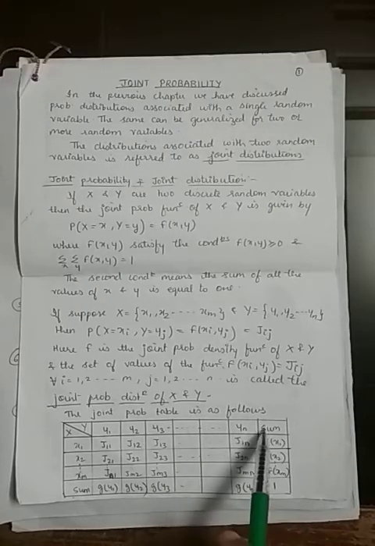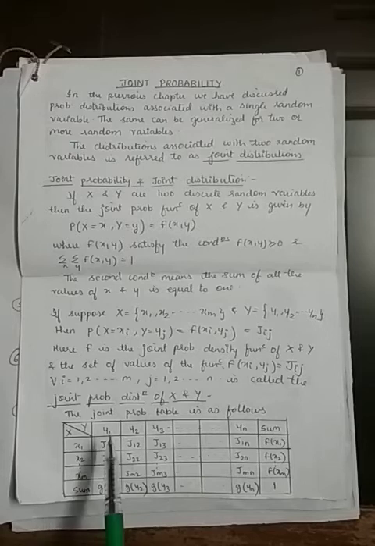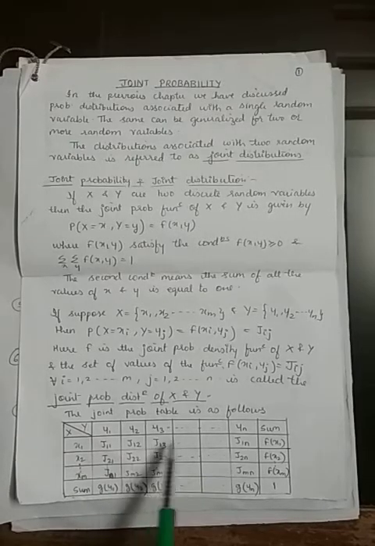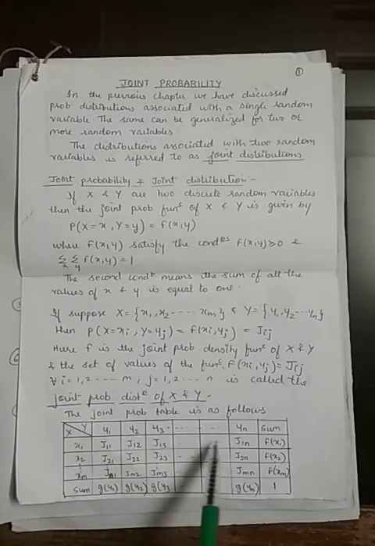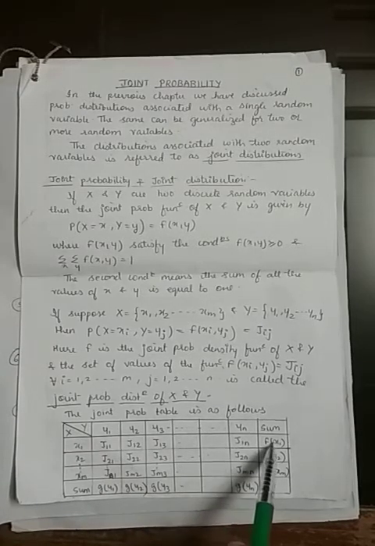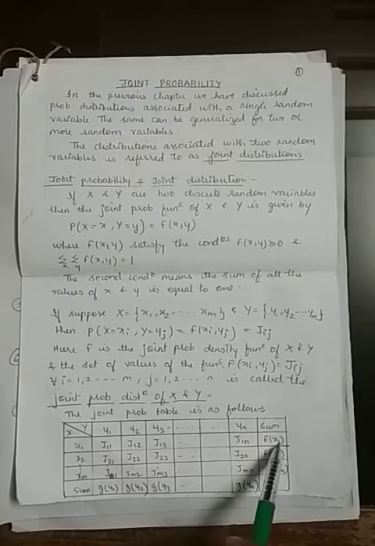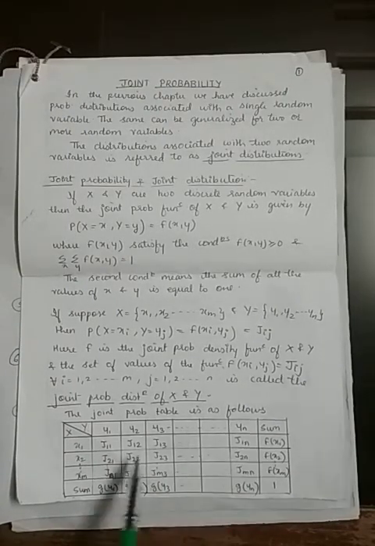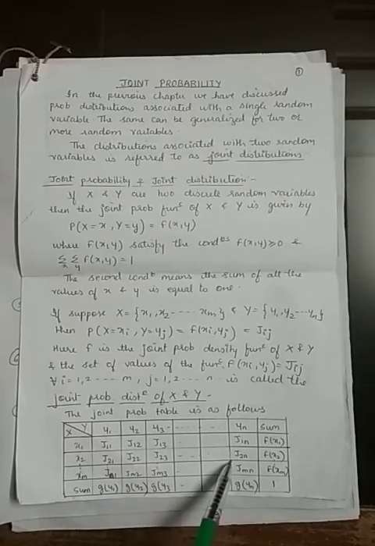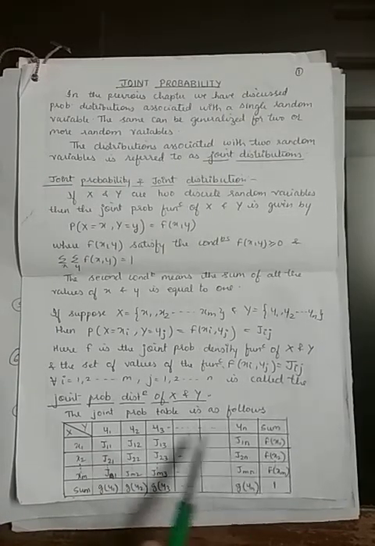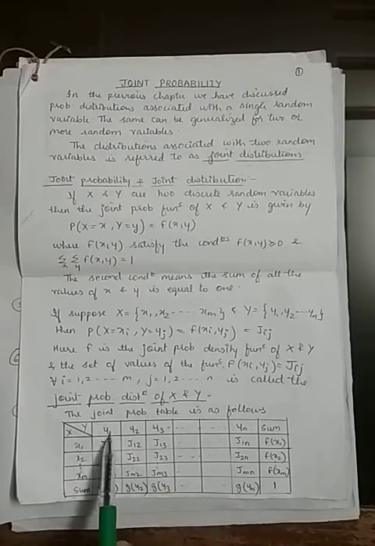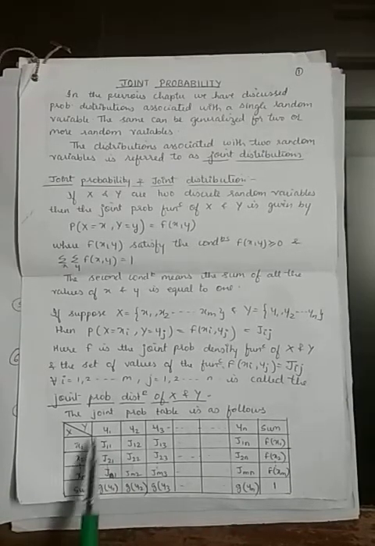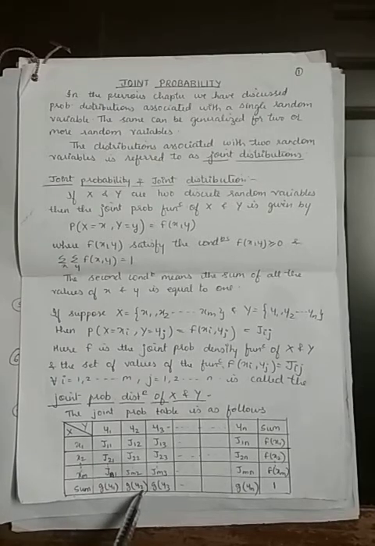Now, what do I mean by the sums I have written over here? Sums means you have to add all these joint probabilities, that is J11, J12, J13, and so on till J1n, which is nothing but our F of X1. Means it is the summation of all the first row elements, F of X1. Similarly, when we take the summation of the second row, we denote it as F of X2. This is horizontally. Vertically means addition of all the columns, that is all the elements in the first column will give you G of Y1. The second column will become G of Y2 and so on.